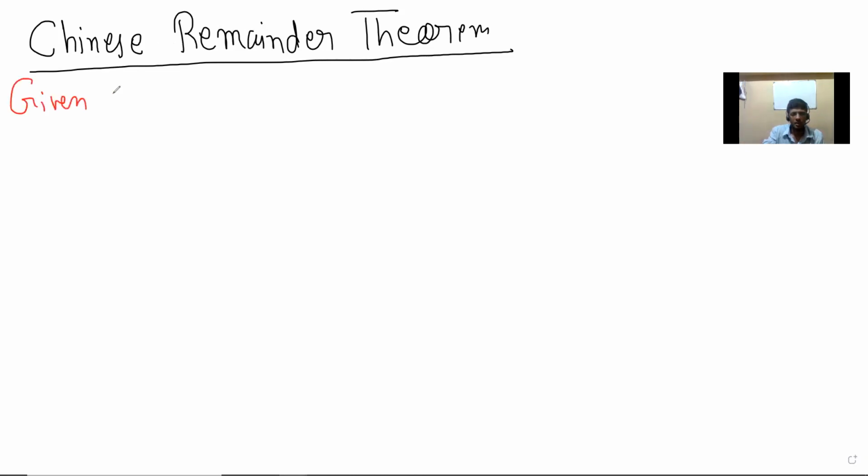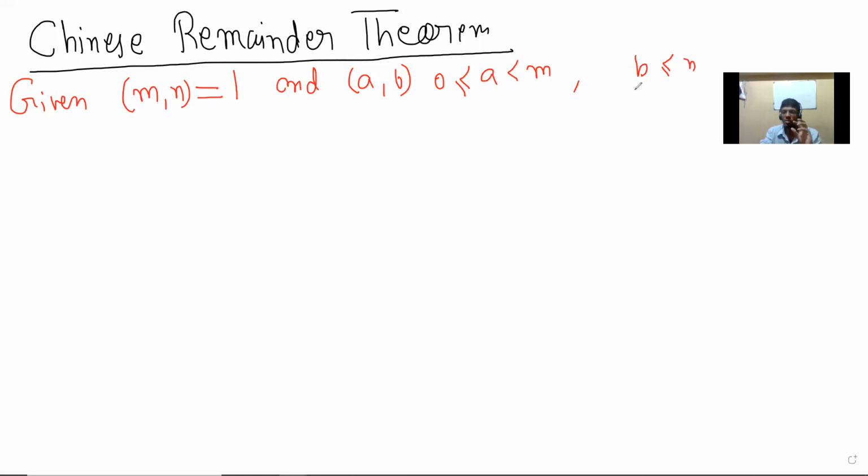Given m and n, which are co-prime, the GCD is 1, two numbers whose GCD is 1, and a and b, where a is between 0 and m, and b is between 0 and n, because a is supposed to be the remainder when something is divided by m, and b when divided by n. Given these things, there exists